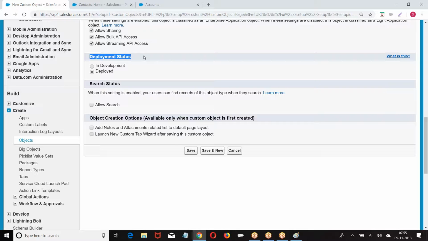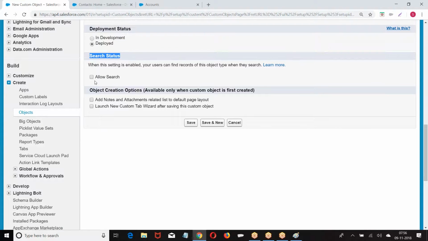Deployed means everyone can see it based on the security model. In development, the object is not ready for access and only admin can see this object. I hope you are good. Okay.